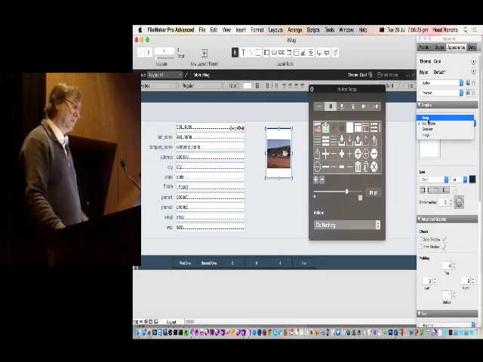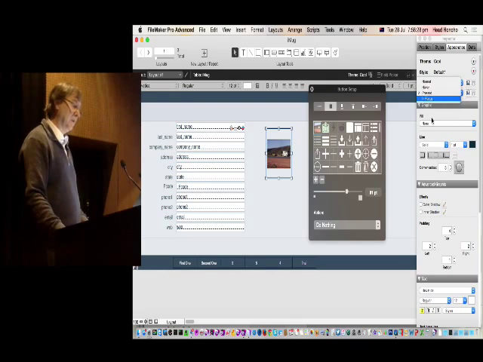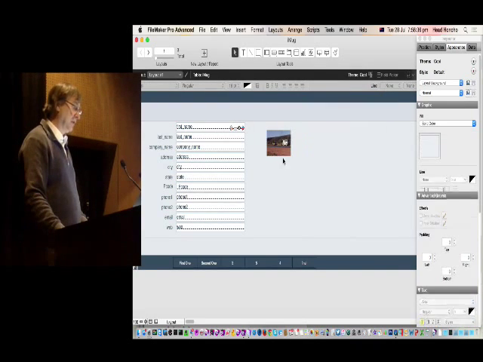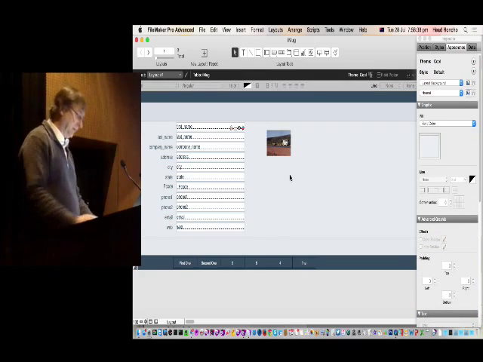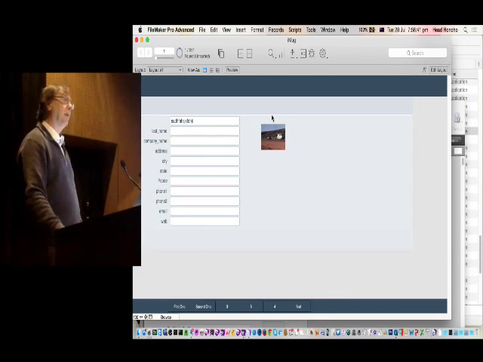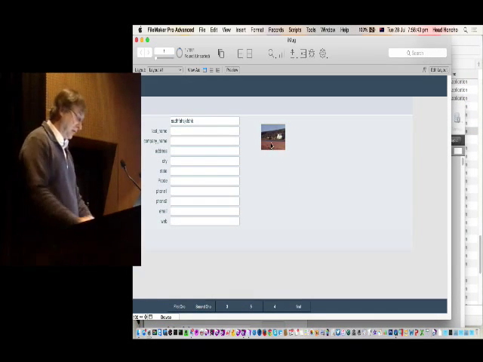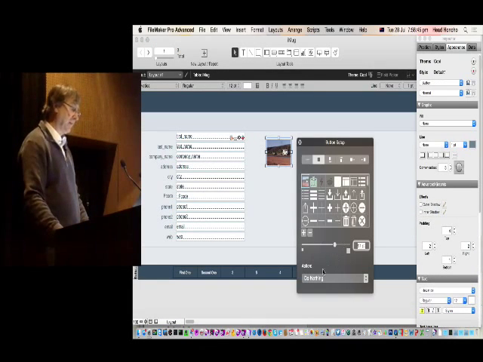In focus is none. Take out the border, change that. So we've still got our button, but at the moment, I don't know it's a button. If I come back into here,